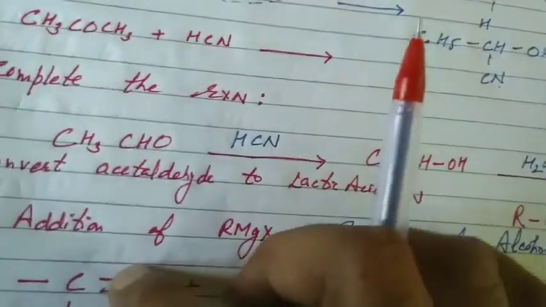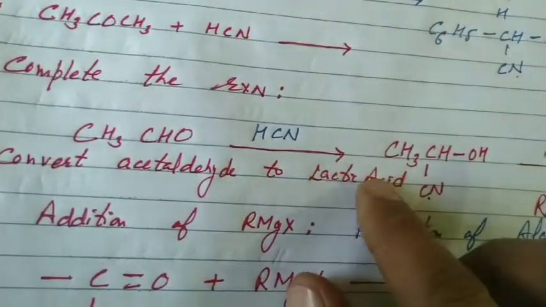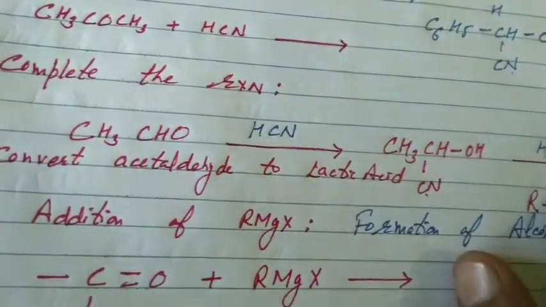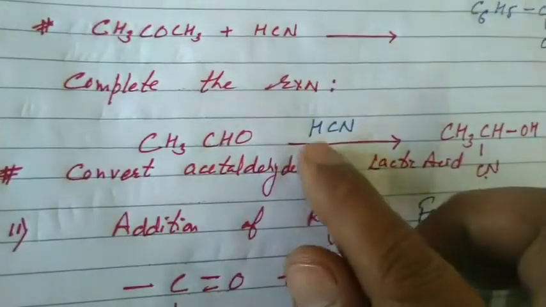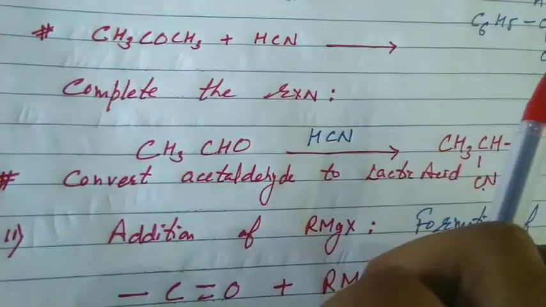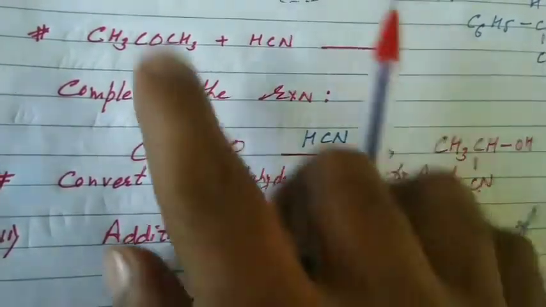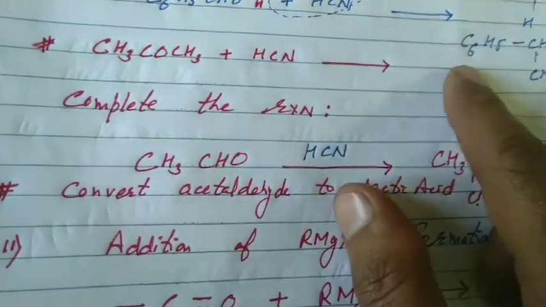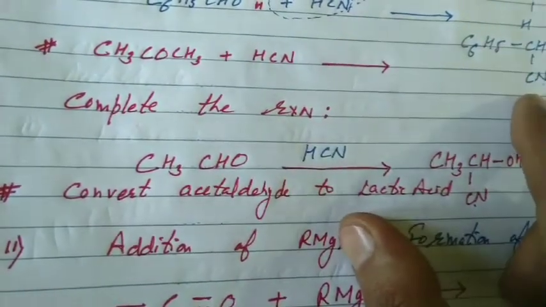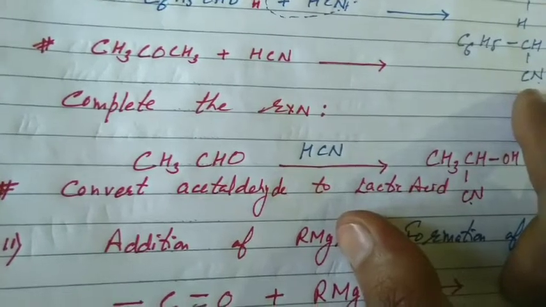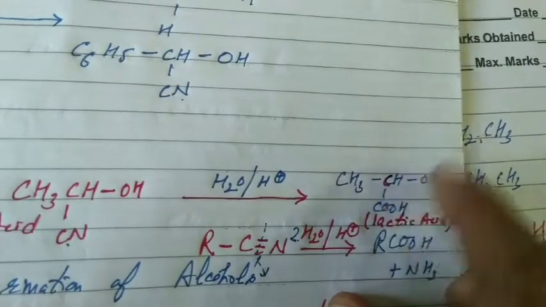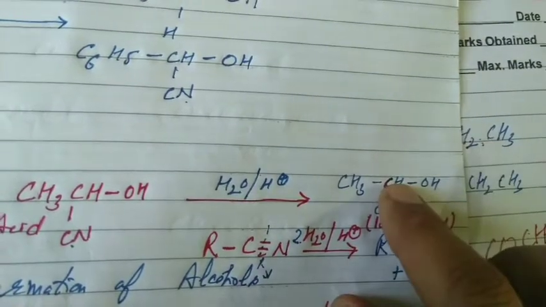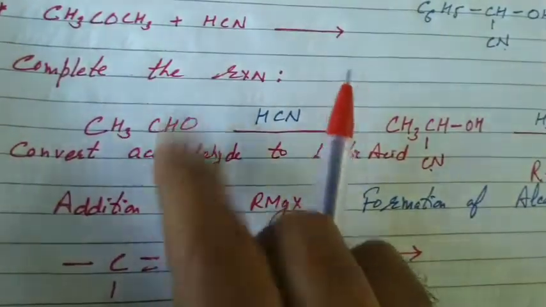In the same way, there is one conversion. Convert acetaldehyde to lactic acid. The same route. That's again an assignment for you. Convert acetaldehyde to lactic acid. Acetaldehyde is the commercial name of ethanol. In the same way, when we treat it with HCN, cyanohydrin is obtained, and upon complete hydrolysis it will also give some acid, but it will not be lactic acid. Lactic acid has a specific formula, that is 2-hydroxypropanoic acid. It is obtained by the complete hydrolysis of the cyanohydrin of acetaldehyde. Please add it to your knowledge.